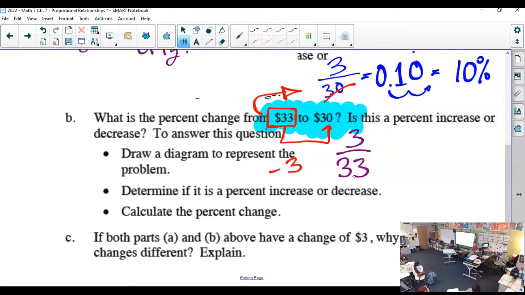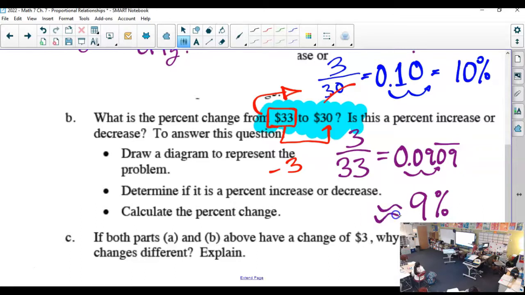The denominator is what we came from. It's what we call the original. So this is 0.09 when we put that in the calculator, I think, right? Can somebody check that? 3 divided by 33? Yeah, it keeps going, right? So then we times 100, and we're just going to have to round. So times 100, and we get 9-ish percent. We could say like 9.1, but like 9-ish percent. And we would say decrease, right? Like 9% decrease. This up here was a 10% increase. 9%